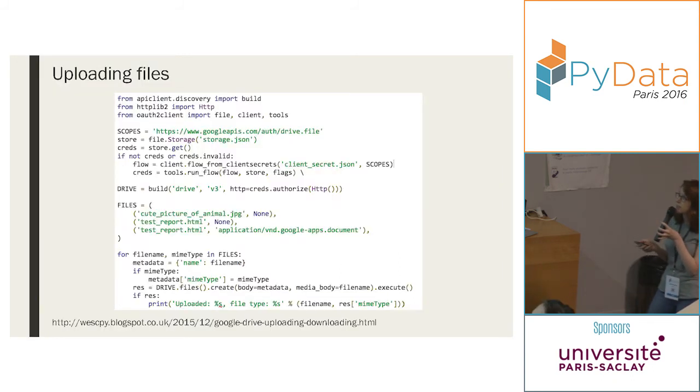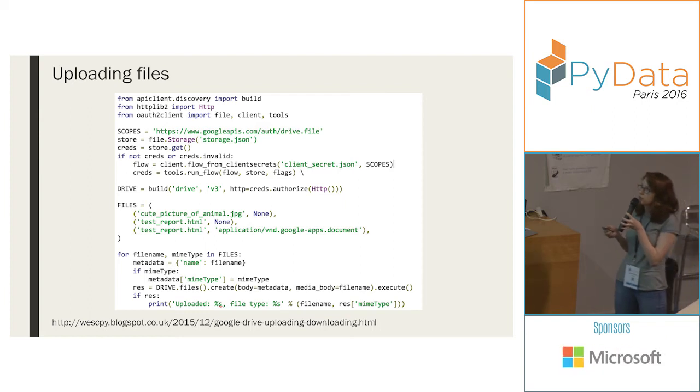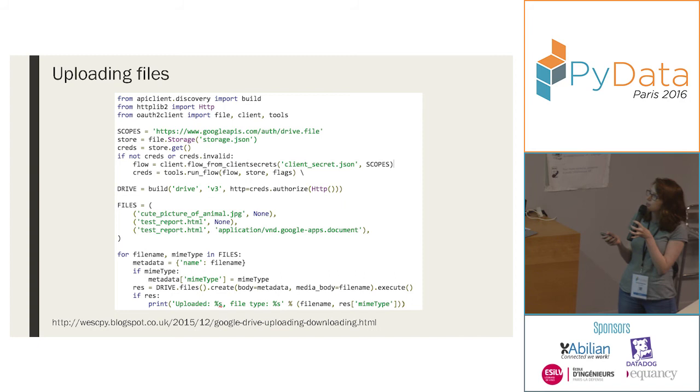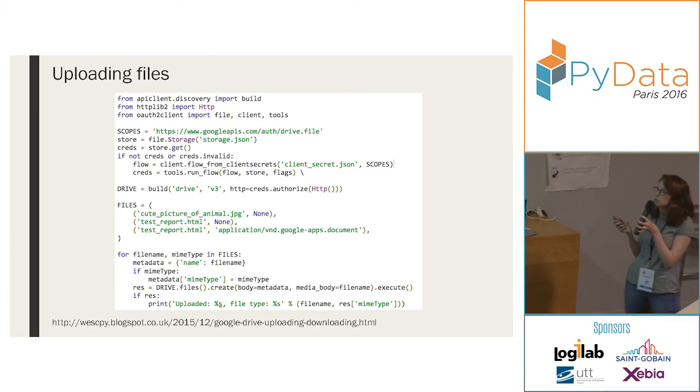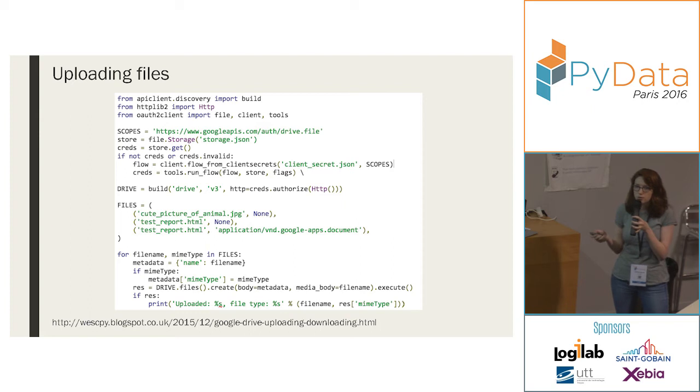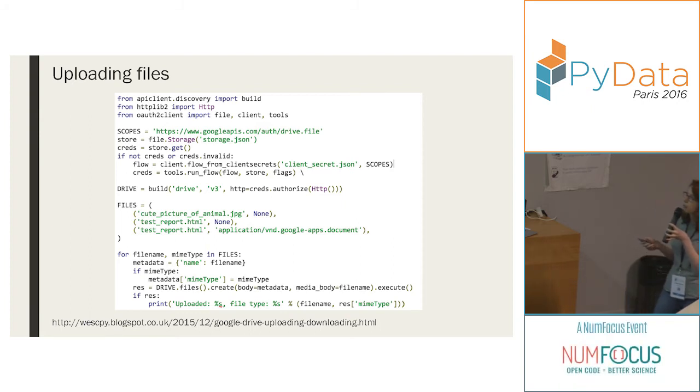And this is the code for uploading files using the Google Drive API. So you have to download the client library. You also have to set up some credentials. And I'm not going to go through all of this, but you can see a variety of things. We have to define the scopes. So this tells us what permissions the API has. We have to set the permissions so that the script can upload, edit, and open individual files on Google Drive.